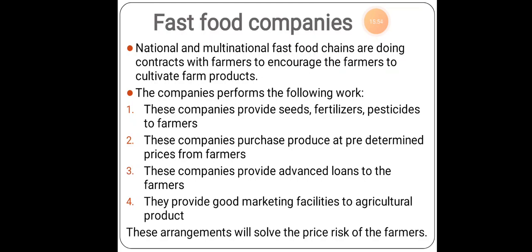So for that, what will they do? They will come to the farmers, they will check the place, they will check the plot, how the cultivation process is being done. So what do the multinational companies do? They give the seeds, they give all the pesticides, all the fertilizers, everything. What do the farmers need to do? The farmers need to plow the fields and put the crops in the field, that's all. The farmers need only to take care of the crops, from any kind of pests, maybe any kind of manure. They need to put all the things which will be provided by the company itself.